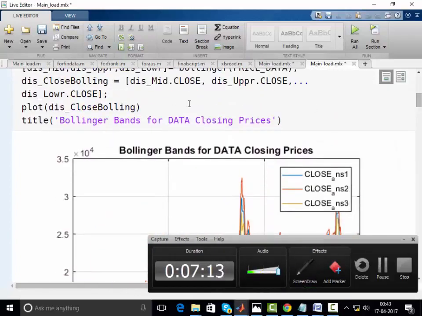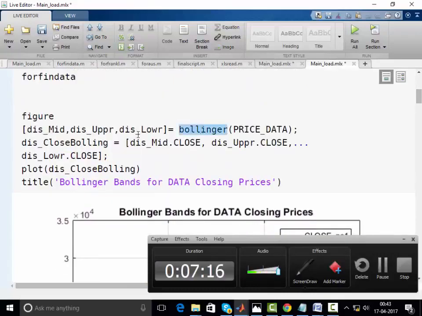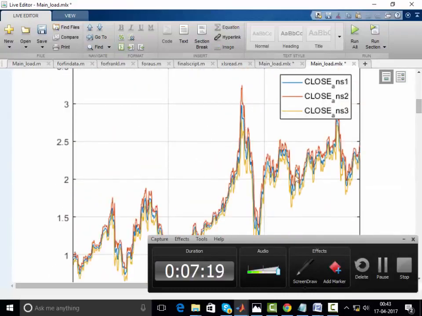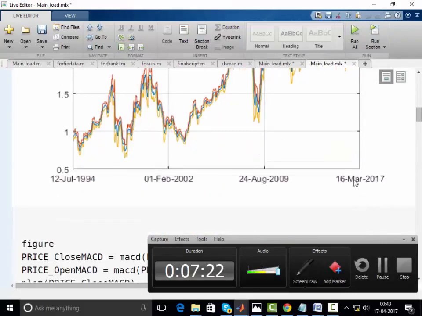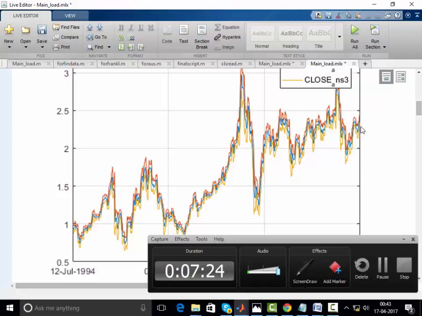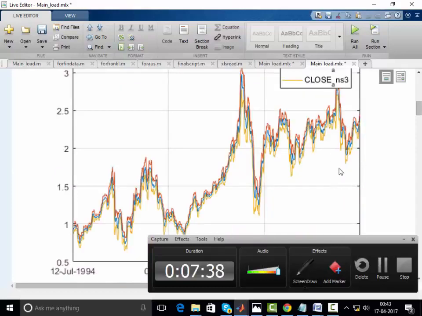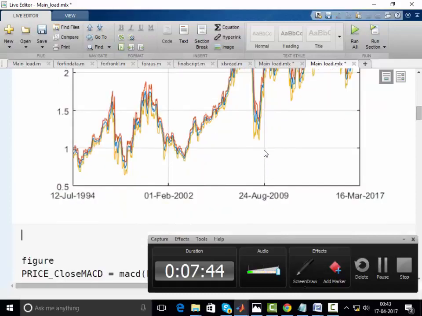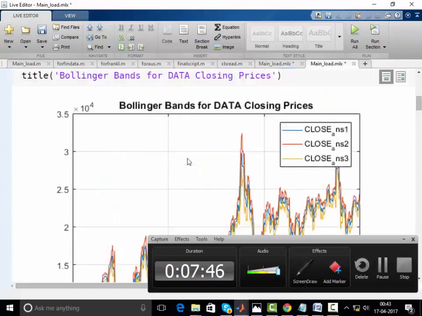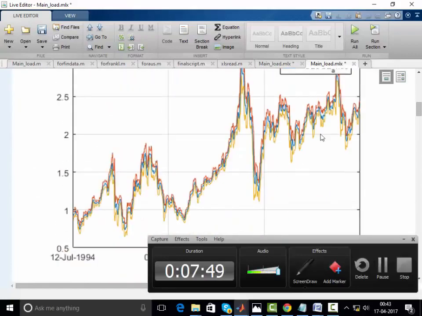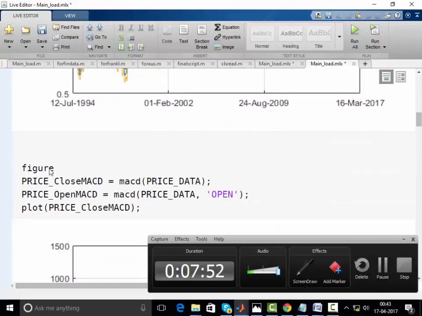When we pass our previous data through the Bollinger Band, we get an estimated output. This time, I have data up to 16th May. If on 16th May the prices of a particular section of the market are at a certain level, I'll wait for the prices to come down before investing, because at a certain time the prices will go down and that is the right time to invest. This is how we analyze the Bollinger Band and make a strategy to find the best time period to make our investment.